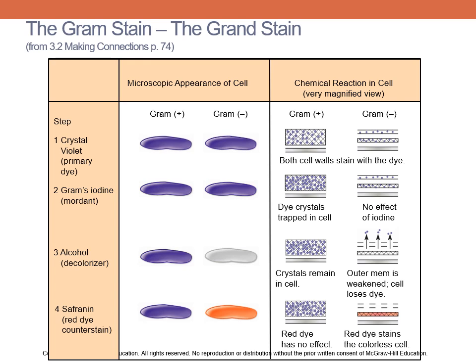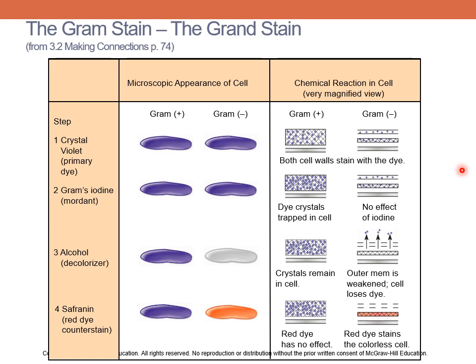This chart shows us each step of the Gram stain procedure, the chemicals that are added to the cells, and the appearance of the gram-positive and gram-negative cells after each step. If we have a mixture of gram-positive and gram-negative cells on a slide, we'll be able to see both types of cells at the end of this staining procedure. In step 1, shown here in the first row, crystal violet is added to the slide. The crystal violet is the primary stain,